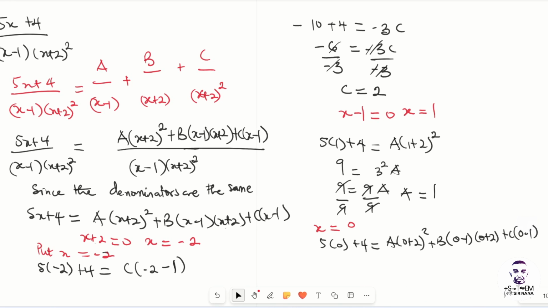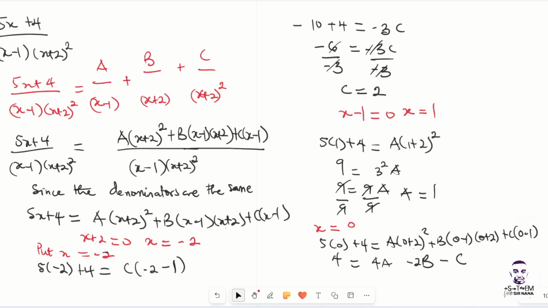So that implies that you are going to have 0 plus 4, which is 4. This side gives us 4a. 2 squared gives us 4, so 4a. And then this is negative 2b. Negative 1, and then multiplying 2, so that's negative 2b. And then this is 0 minus 1, so that gives us minus c. So that implies that we are going to have,